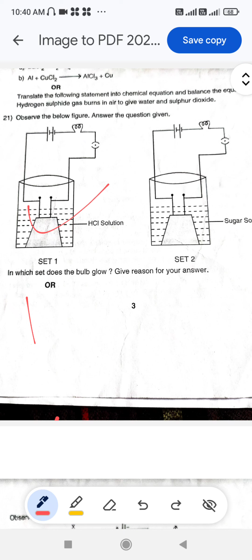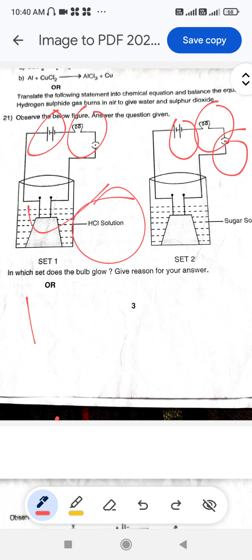Question 21: observe the given figure and answer the following questions. Here, two sets of diagrams are given. In the first diagram, a bulb, a key and a battery are there. The second diagram also has a bulb, a key and a battery. The difference is that one set contains a sugar solution, and another set